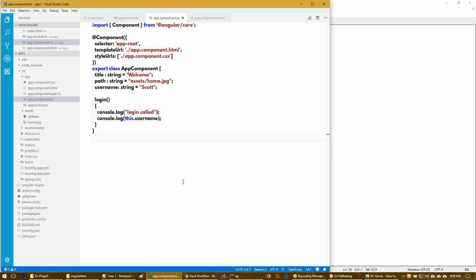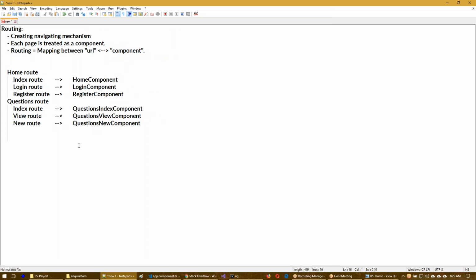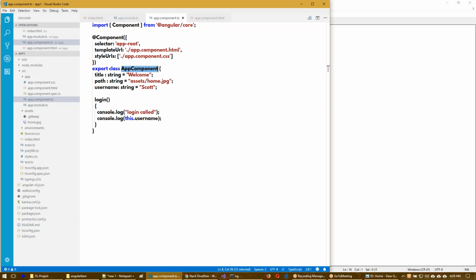By default, when you create the application, we are getting only one component, that is the app component itself. Don't consider that as a component because it's a primary mandatory, the root level component. The big tree structure, the root is the app component. So don't include the app component in this structure. So keep that app component. Apart from that, we have to create these remaining components. So let's create them.